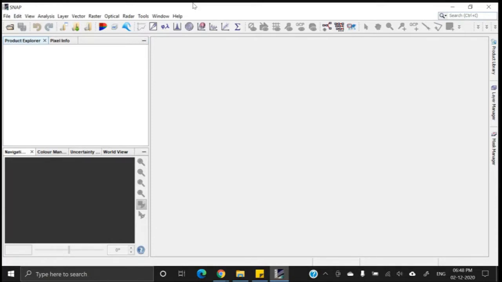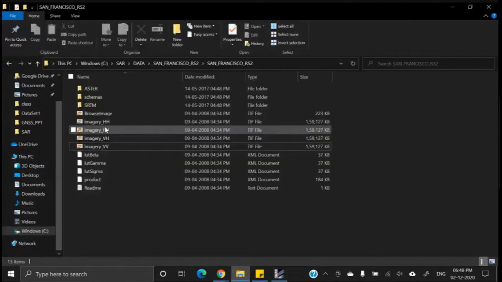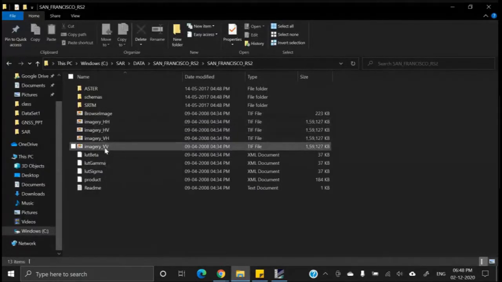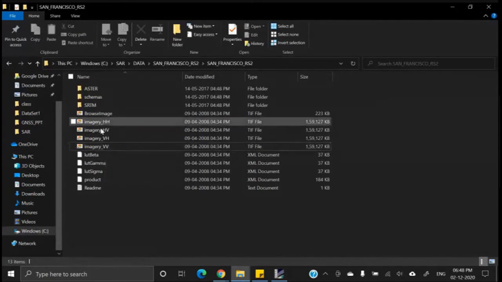Generally, while opening a radar image, we do not open the image directly. That means we will not open these files: imagery HH, imagery HV, imagery VH, or imagery VV. We are not going to open these images.